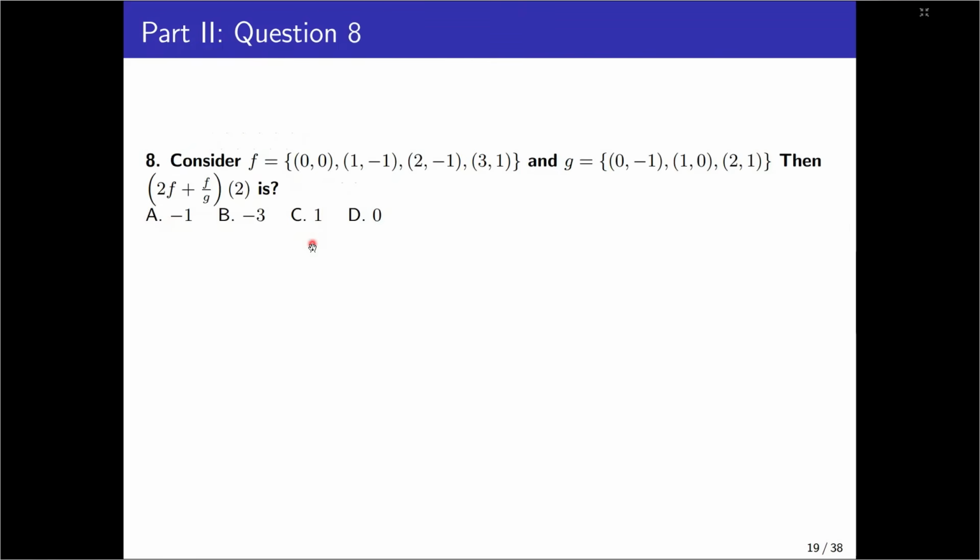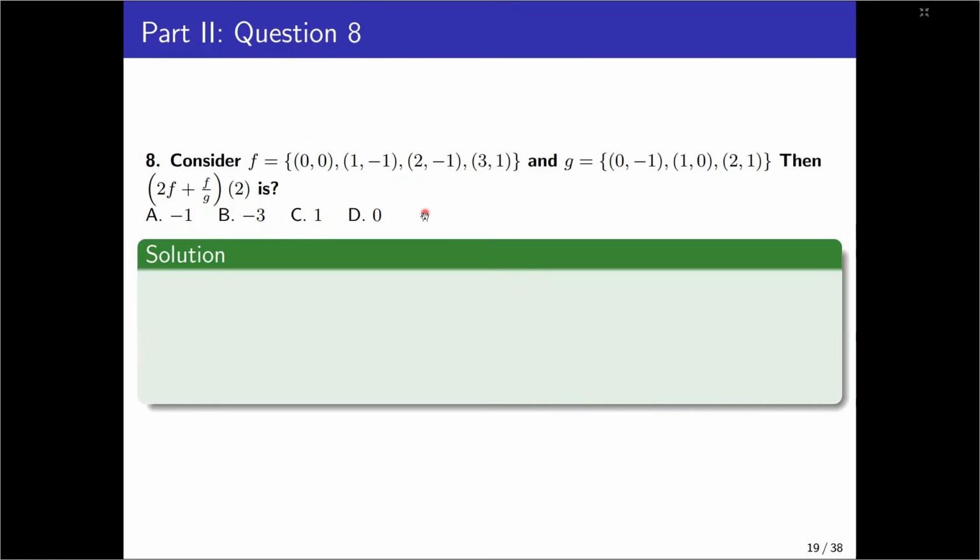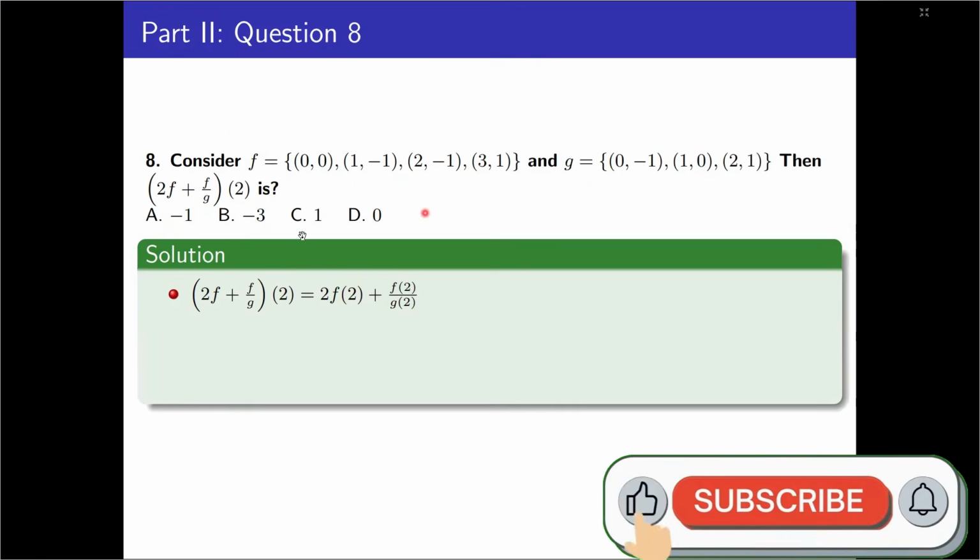Question number 8. Consider the functions f and g with their corresponding elements. Then 2 times f plus f over g of 2 is blank. A: minus 1, B: minus 3, C: 1, and D: 0. So a combination could be, we know that 2 times f plus f over g of 2 is equal to